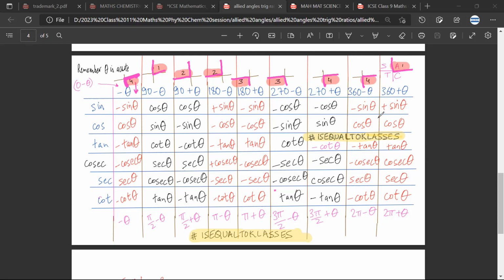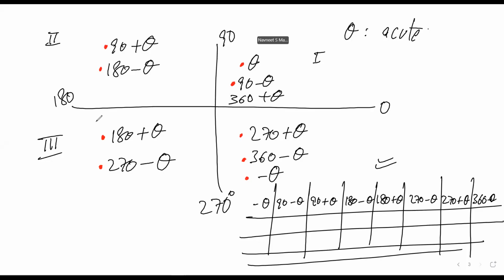So there is some semblance of sanity now, that slowly we are understanding how the table works. Now, the simplest thing is that there are two ways in which you can remember. The first way of remembering the values is that, for example, you have